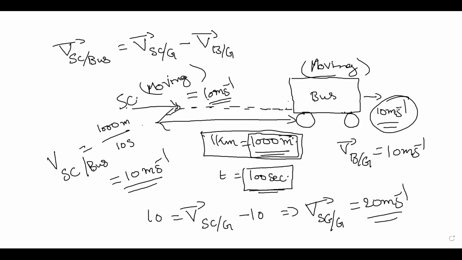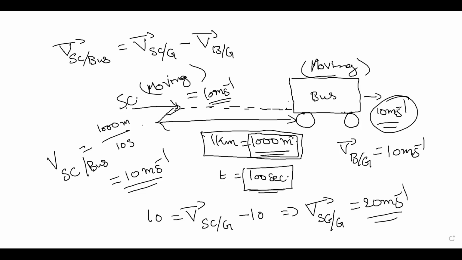Okay, sir. This is moving at 10 meters second inverse, that is also moving at 10 meters second inverse. Both are having same velocity, same direction. So the distance between them is 1 kilometer, that is maintained constant now. Okay, now you got this. Hope clear? Yes, sir. If the scooter somewhat increases in velocity, the distance will decrease. They are saying in the question, same distance means it should be the same velocity. This is by intuition itself you can solve.